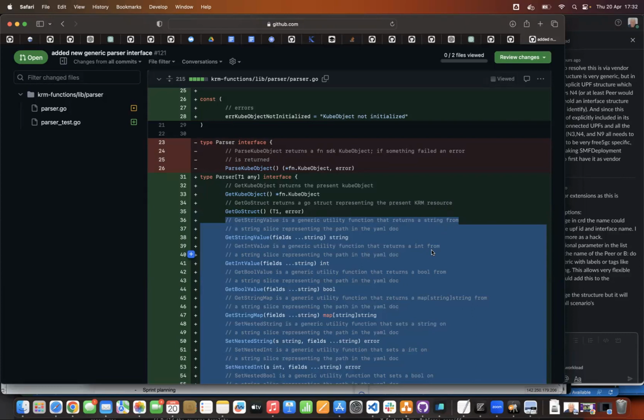Yeah, no, I think we are saying the same thing. So in other words, we will have cube object as in the function SDK. We will have a generic extension in what we call parser, but probably I will rename it to cube object. And then we'll have individual implementations, which extend it further, basically, right? Exactly. Yes. Yeah, I see that point. Yeah, I agree. So I'll rework it this evening.